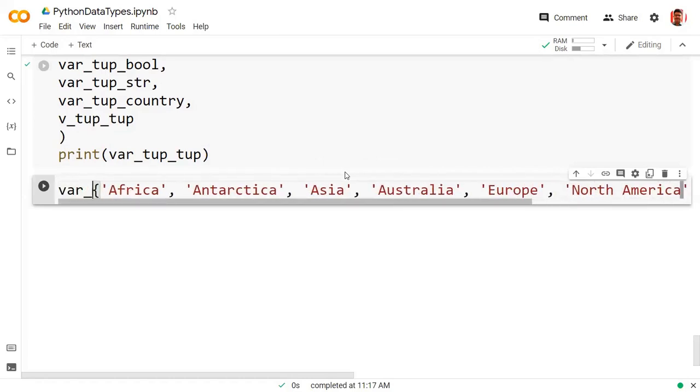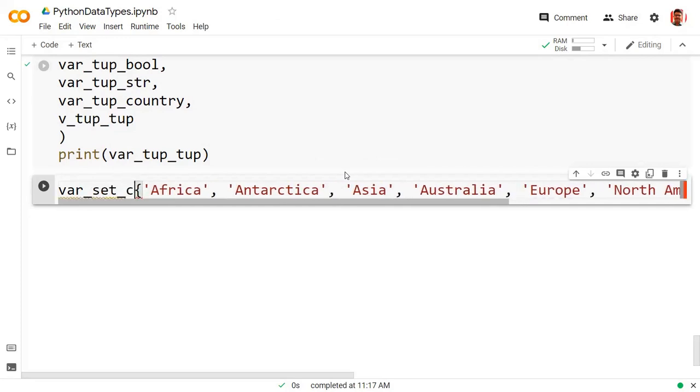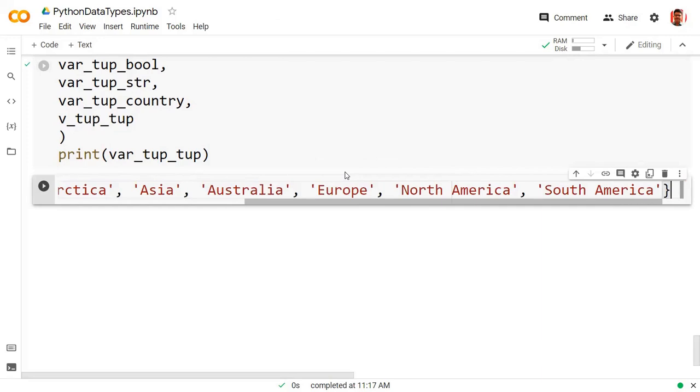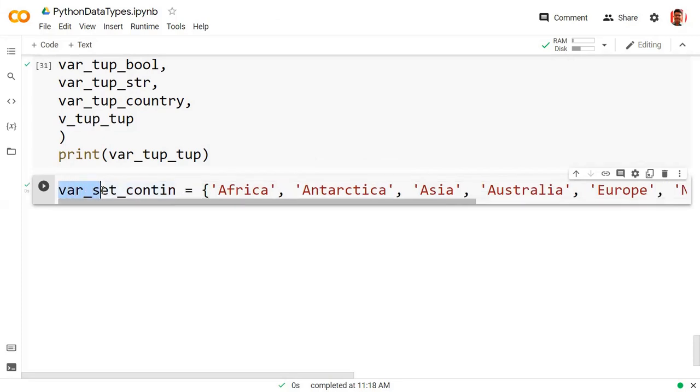So we have a variable, set of continents. So I will print this one.